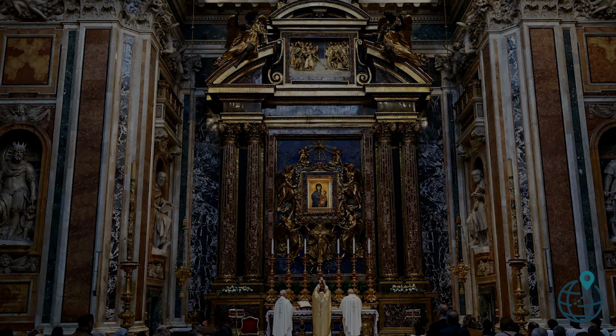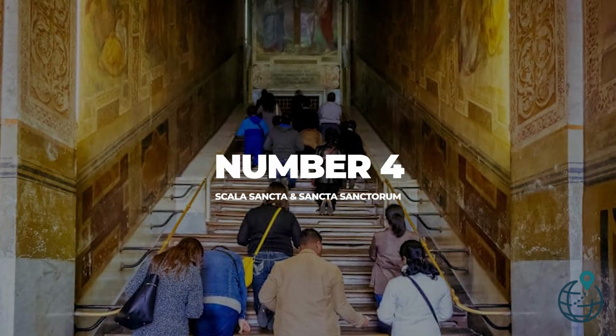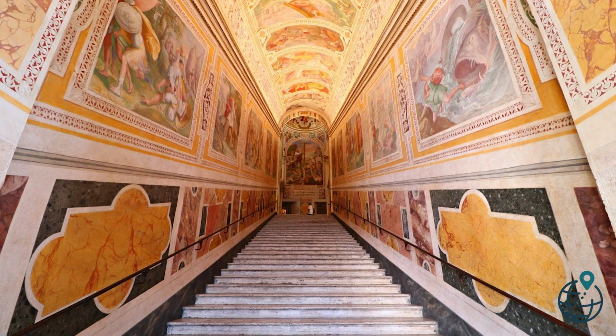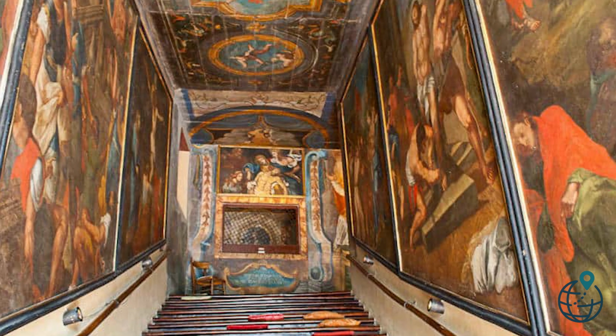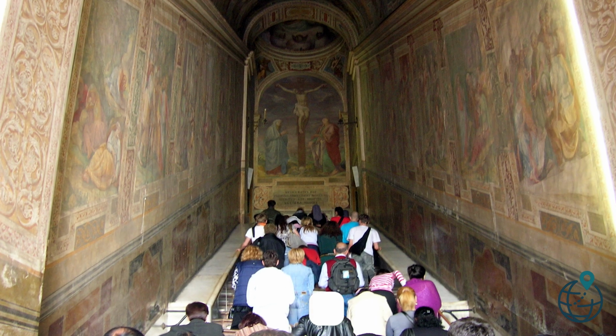humble beginnings. Number 4. Scala Sancta and Sancta Sanctorum. Brought to Rome by Saint Helena in 326, the 28 marble steps of the Scala Sancta were part of Pilate's Praetorium in Jerusalem. Encased in wood to preserve the worn marble, pilgrims still ascend them on knees, pausing to pray